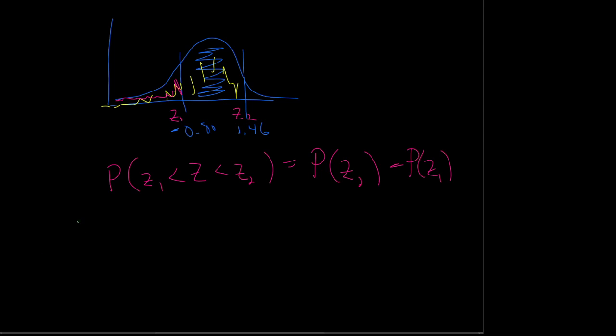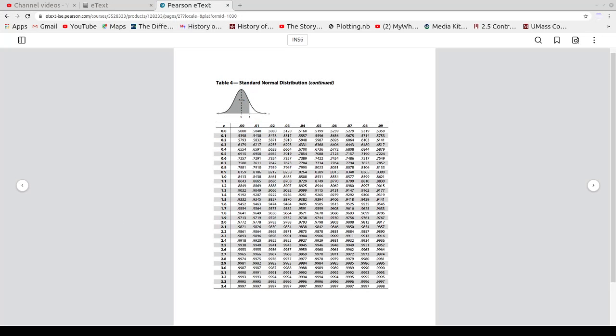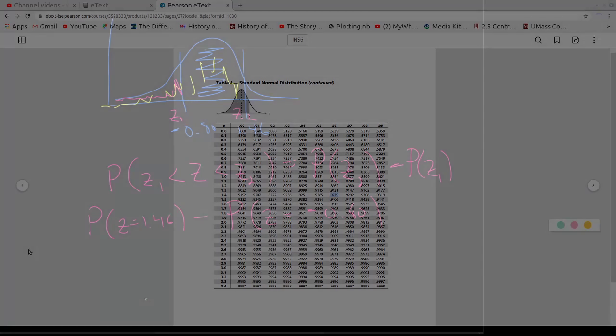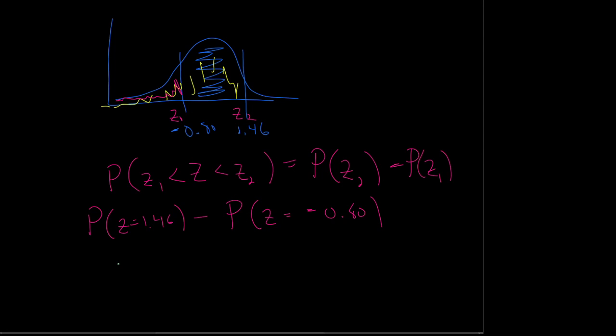And so in this case, what I'm looking for is the probability of Z equals 1.46 minus the probability that Z is equal to negative 0.80. And so again, we're using tables for right now. We'll do some calculator tricks in a bit, but for right now, we're going to use the tables. And so my first table is positive 1.46. So I come to 1.4 and over to 6, which is here, okay? 0.9279. So let's write that down really quick. 0.9279 minus,